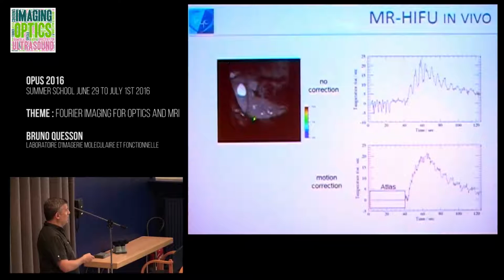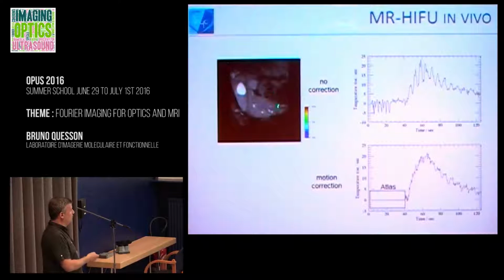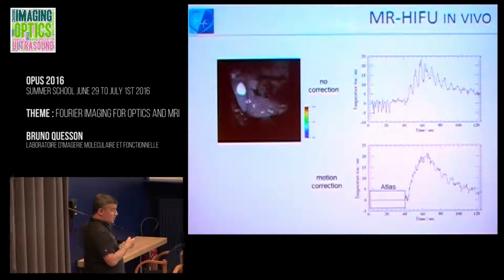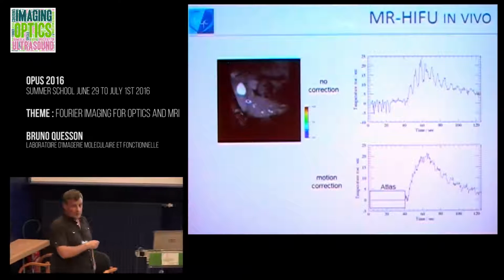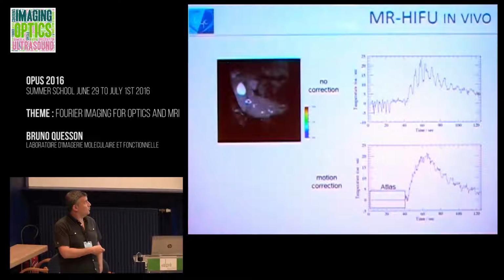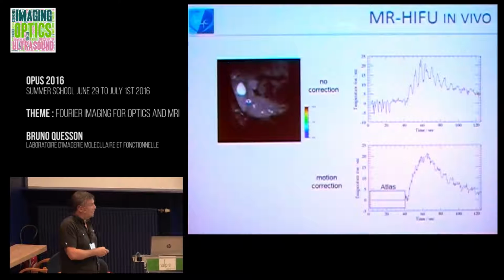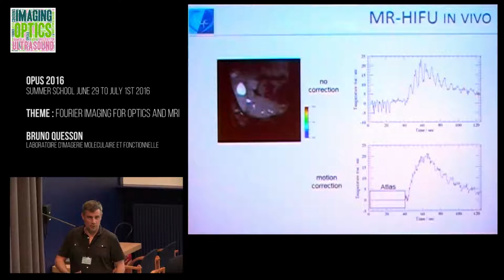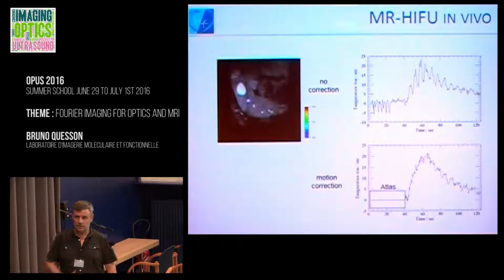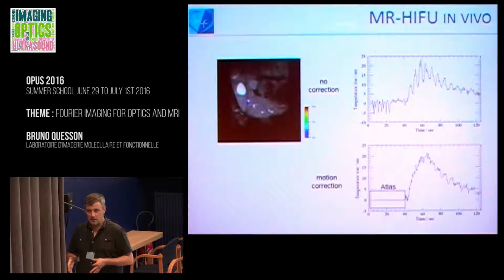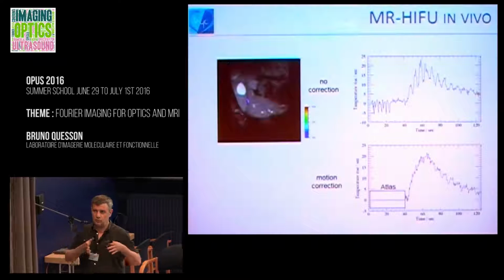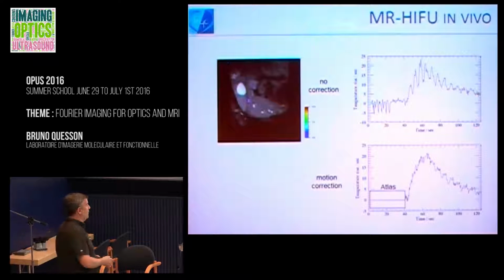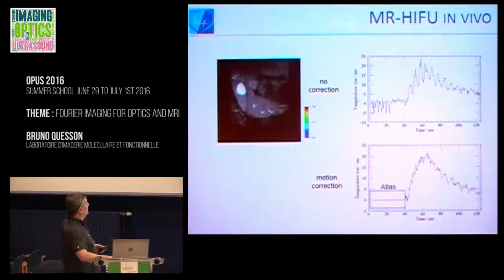And what we are doing, I'm going to explain you that you see it's blocked now. I'm going to explain you how it works. Technically, we did not block the breathing. It's still continuing to breathing. But what we do is that we are using the first images in a time series before we're heating, and we measure the position of the liver at different states. Use this data as an atlas of reference, and then use this data to compensate for the images you acquire during the treatment. So by image processing, you can,